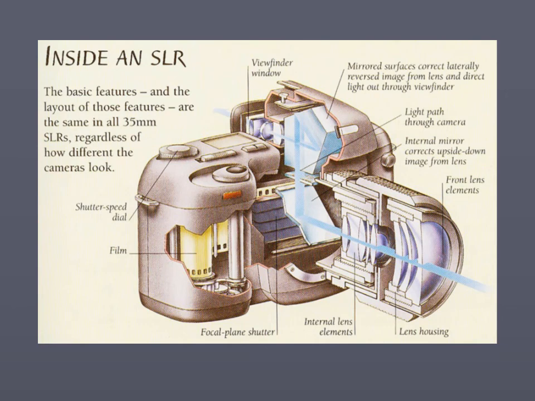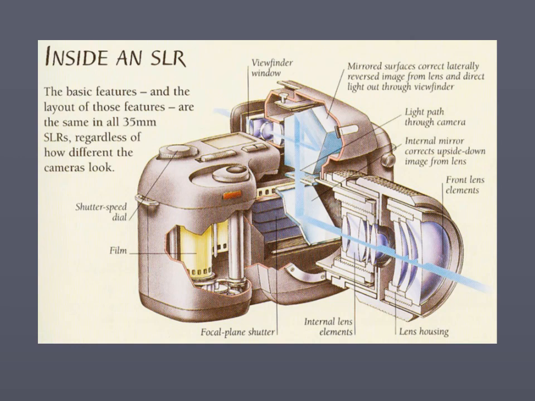Here's another cutaway view of the same thing. That light beam, the blue light beam, comes through a series of lenses. A series of lenses allows for even more precise sharpening. Notice that the hole is pretty big because the lenses are big. A pinhole camera would allow the light to trickle through. These larger lenses allow light to come streaming through. That light beam hits the mirror that's on an angle, and it goes up through that pentaprism, that five-sided prism, and goes into your eye.